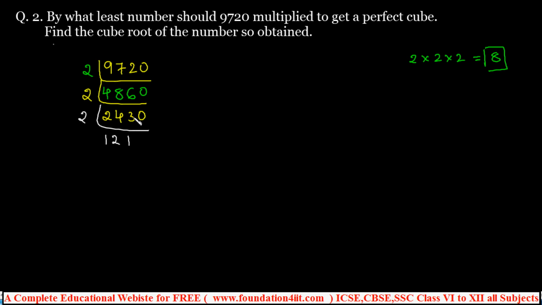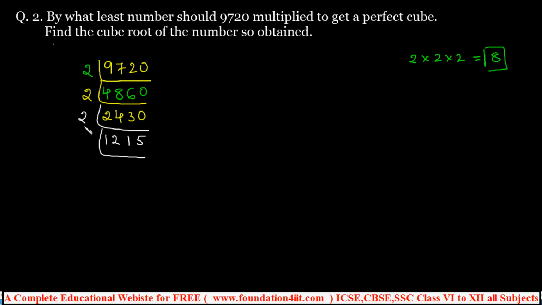Same, 2 1s are 2 because it's a 3 only. Because 2 2s are 4 will come, more than 3 will get. So 2 1s are 2, but it's 3 now, 1 carry. 1 inside 0, 10. So 2 5s are 10. Next, it is an odd number because the units place is the odd number 5. It's not divisible by 2.